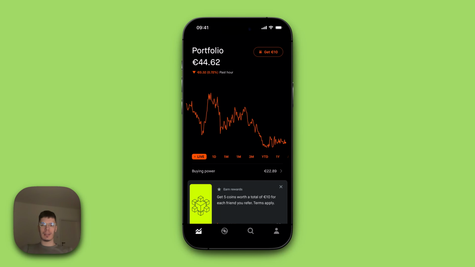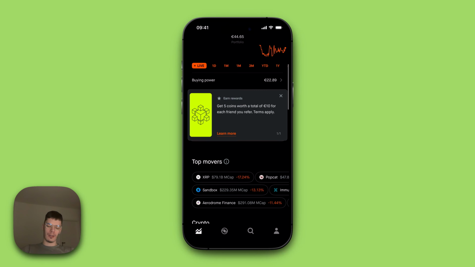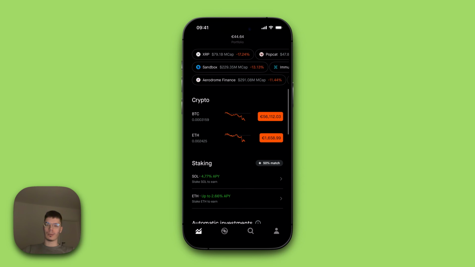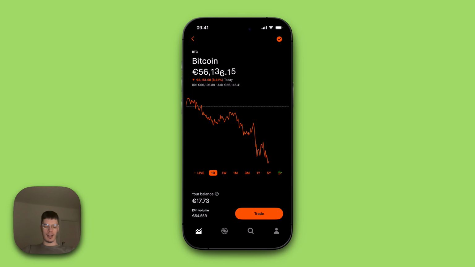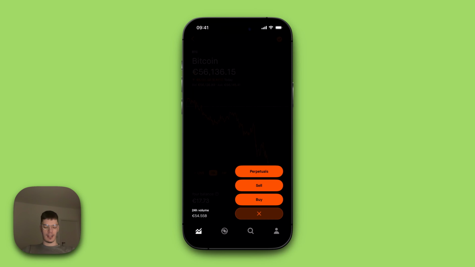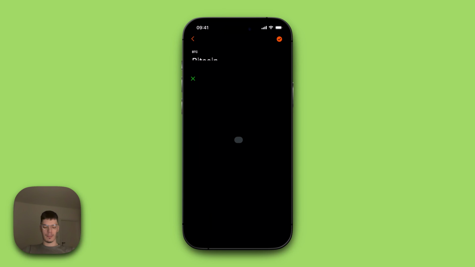How to set stop limit order in Robinhood. So all you're gonna have to do is to open your portfolio, and we want to scroll down and open any position. So I got here a little of the crypto, and click on trade and click sell,